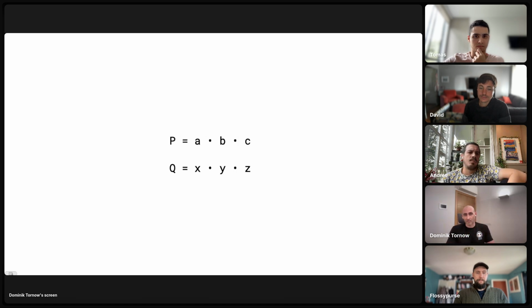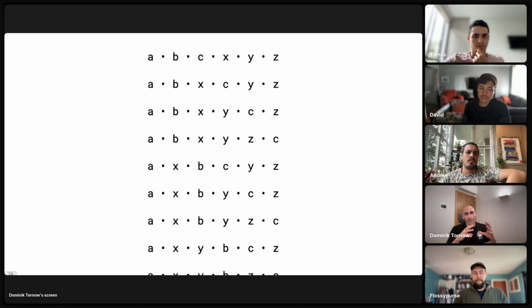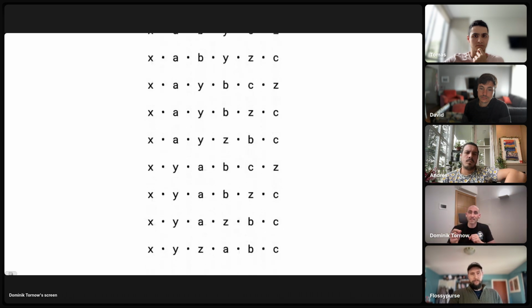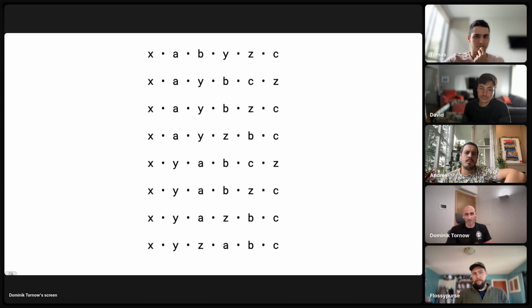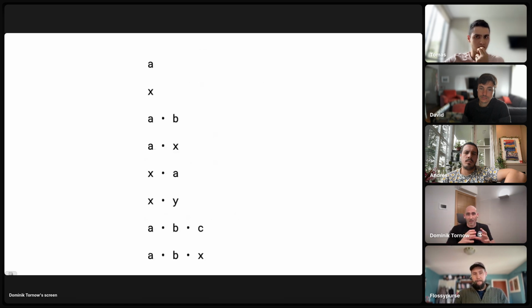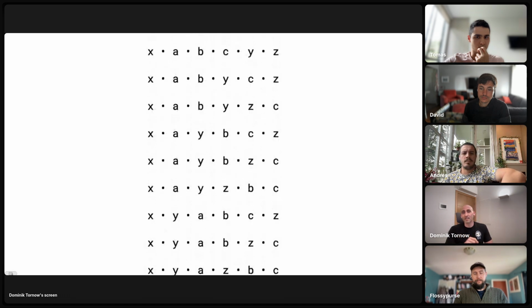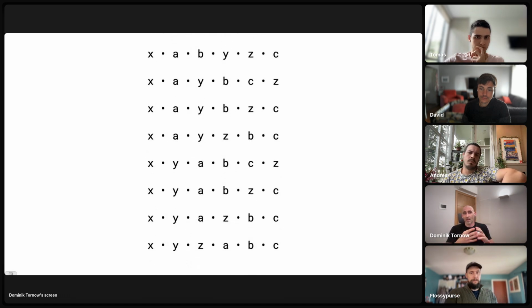Let's consider a simple example. Two processes, P and Q, each consisting of just 3 steps. The concurrent composition of P and Q leads to 20 distinct possible executions. The distributed composition of P and Q leads to 69 distinct possible executions. Now imagine the behavioral space of real-world distributed systems with dozens or hundreds of processes, each with dozens or hundreds of steps.